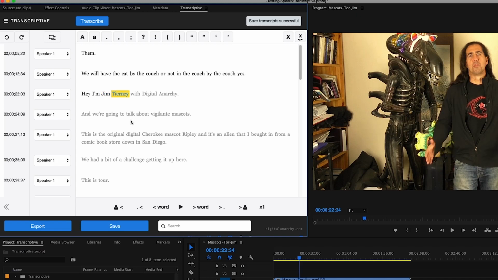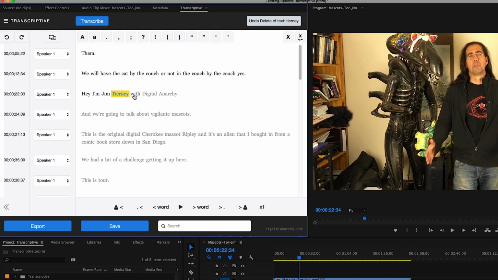If I wanted to delete an entire word, I could, of course, just hit enter to enter edit mode and delete the word. Or, while I'm in tracking mode, I would just select the word and hit the delete key. Now, we included an undo and redo option to be able to undo if you've deleted them. So in this case, I would just select undo, and we'll get back Tierney. And that goes for edits as well.